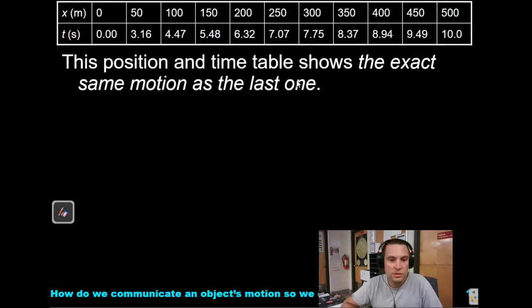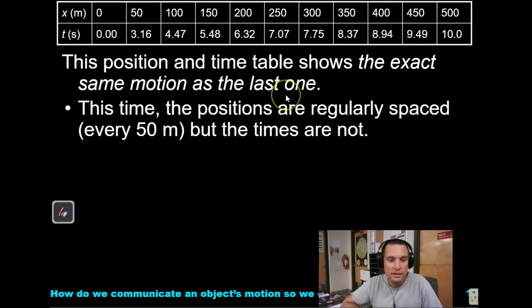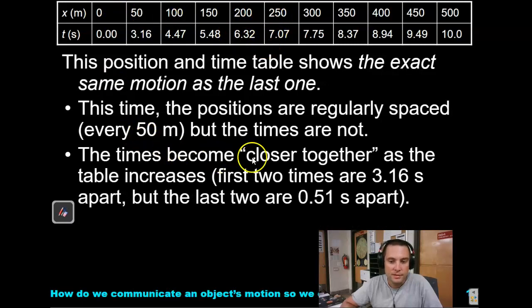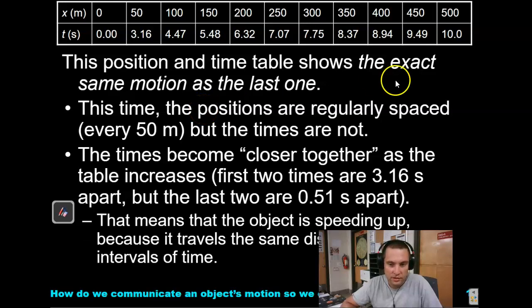This position shows the exact same motion as the last one. This time the positions are regularly spaced, but the times are not. The times become closer together, so 0, 3 seconds, then 1 second, then 1 second and change, then less than 1 second, and then less than 1 second. So the times are becoming closer together. The last two are 0.51 seconds apart. That means the object is speeding up because it travels the same distance in shorter intervals of